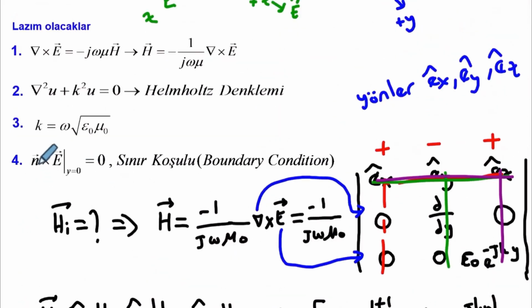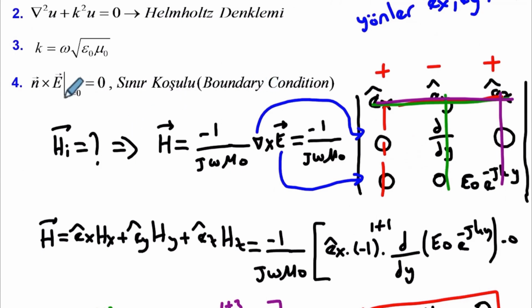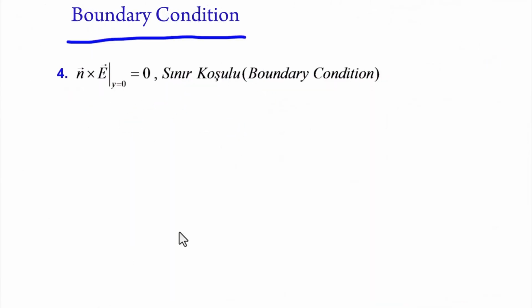Now, I have this boundary condition. There is only one boundary condition. Let's title this as boundary condition and proceed. Now, friends, let's continue. I wrote this here. We said that what we call n here is the same as this, y-hat cross E. Of course, we need to know the cross product operation. I opened a parenthesis for E here in this corner, because you know that the actual notation for E is